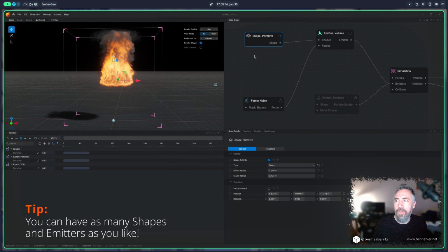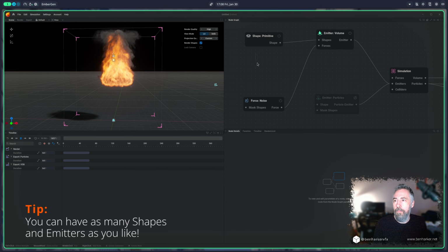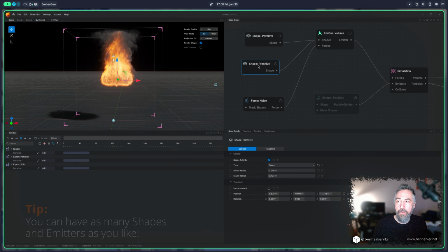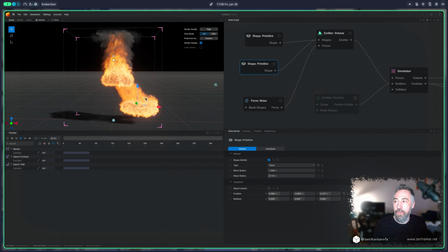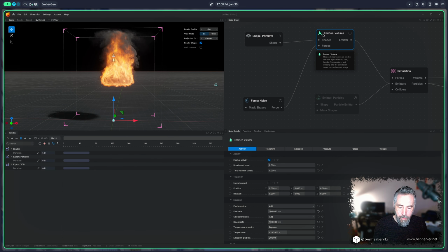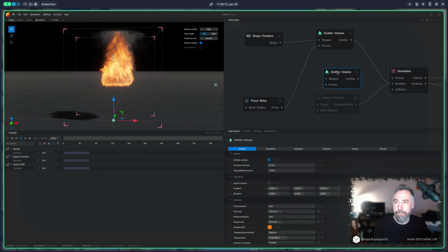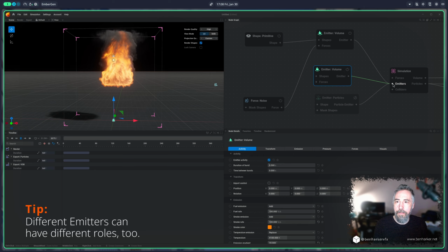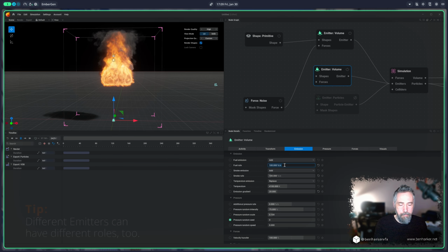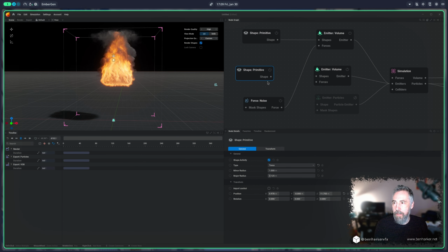There's a couple of notes here, so you can have more than one primitive or shape feeding into one emitter. And that's great. So you could have multiple shapes in your scene, giving off fire or smoke or fuel or whatever. And likewise, you can have more than one volume emitter. So if we copy and paste this guy, plug it into our simulation, but this one, instead of emitting fire, let's just emit some smoke. So let's say fuel rate 0, smoke rate, whack that right up, take the temperature down, and let's copy and paste our primitive,